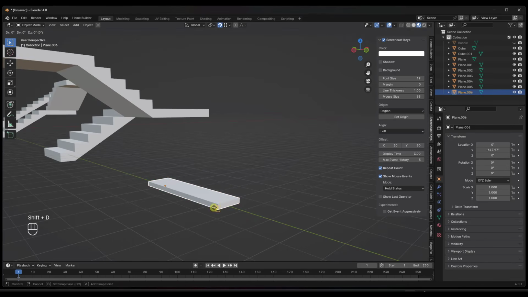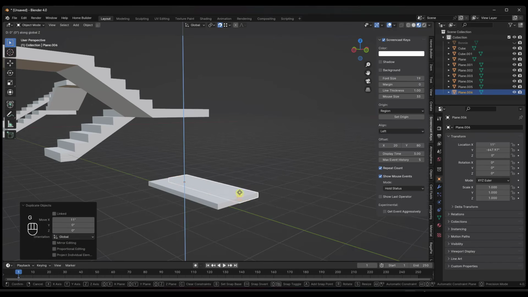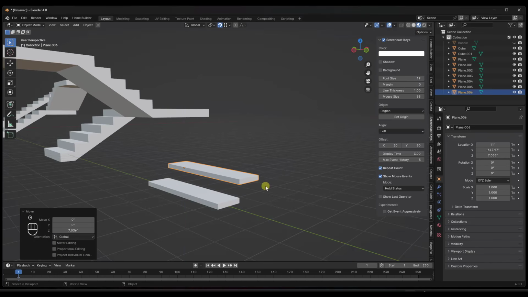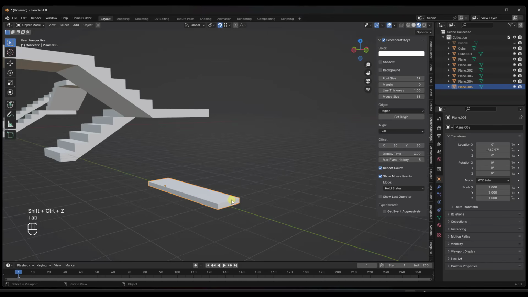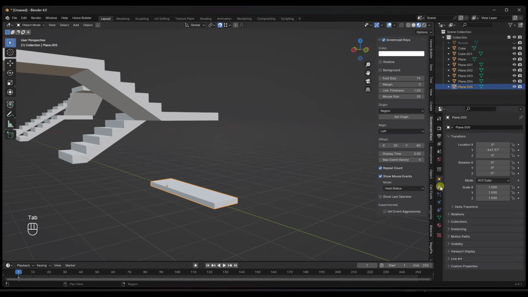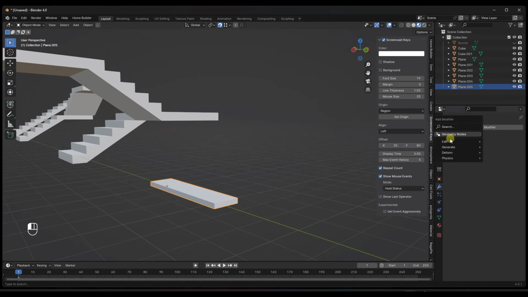So we would take this and do a Shift D to duplicate it, move this over to where it needs to be, and then repeat that. Well, a faster way to do that is you can also take a step like this one, jump over into your modifiers, and you can use an